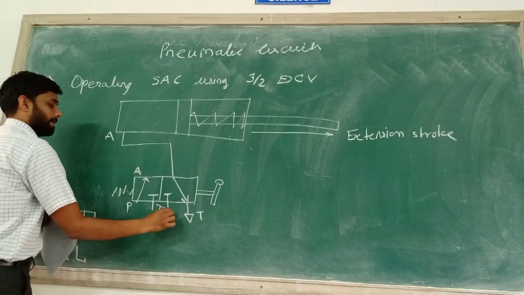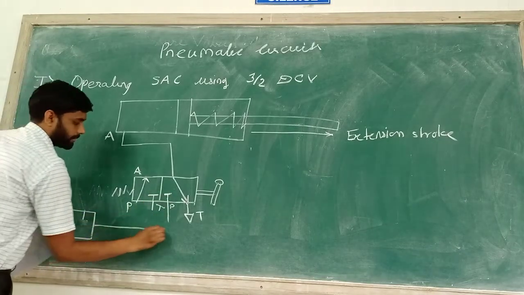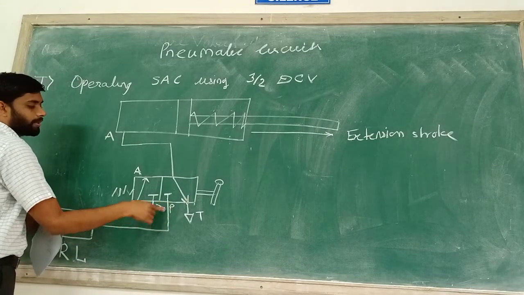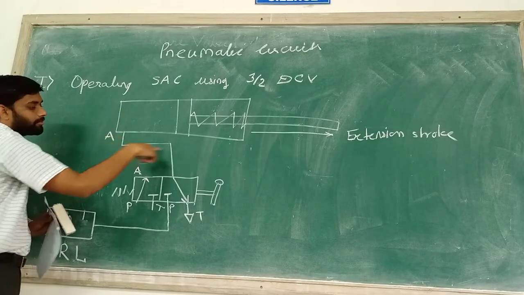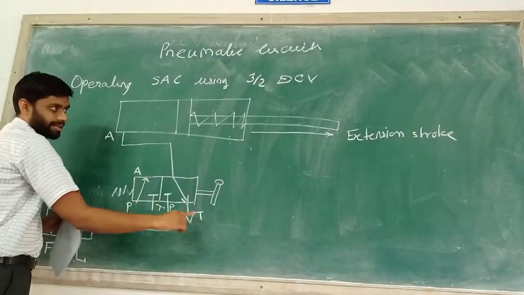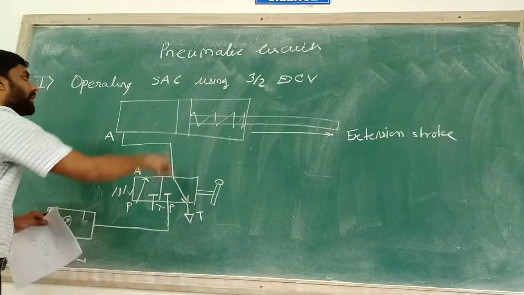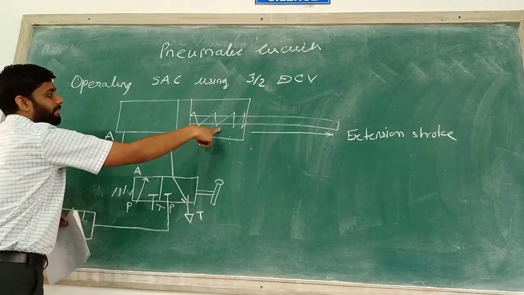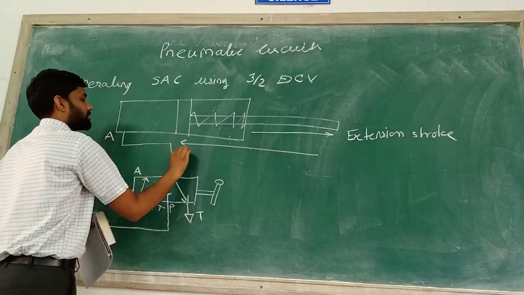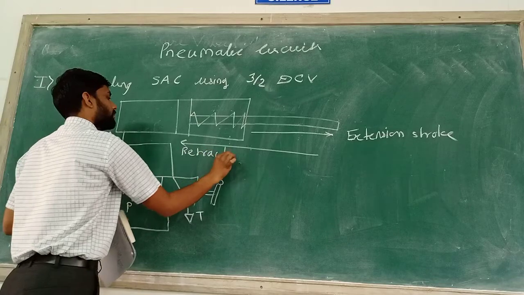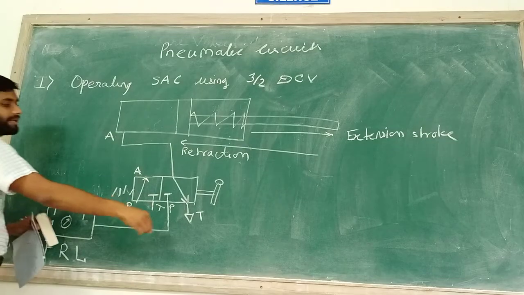pump port P gets shut here. Here we are going to close this pump port P, and this air which is contained in that region is coming from this port A and going to the port T, which is the threaded port, and from port T it is directly leading to the atmosphere there. Okay, and as this air is coming out from this, the spring will expand and we get the stroke retraction. Okay, so we will get retraction when we change the position of this 3/2 direction control.